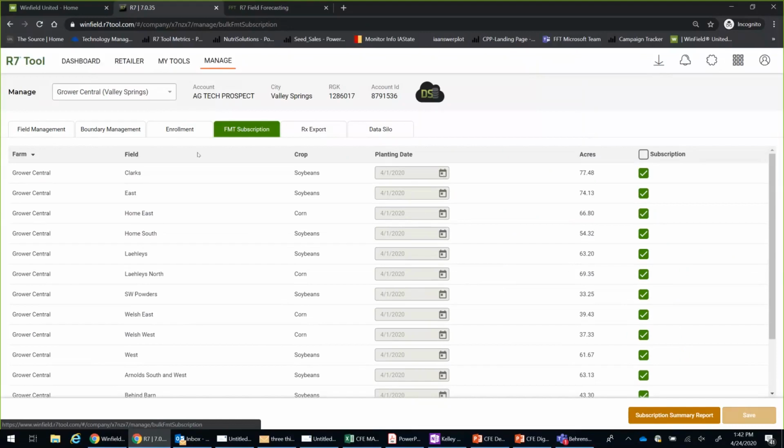So for my recommendation, make sure you've got the crops and everything entered under this field management tab. Again, as well as the brand of product for your reference, for the grower's reference. You can do the planting dates here as well. Simply enroll, select all, or the group of fields that you want for in-season imagery. And then final step is the field monitoring tool subscription. Again, if you're making any edits, you'd simply click save, and then you are ready to go.